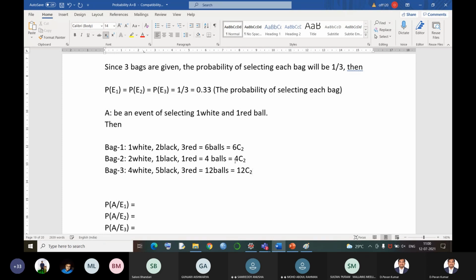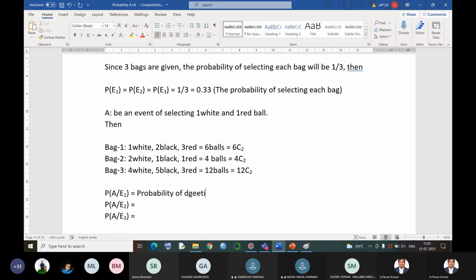12C2 ways. See, this problem is a small typical problem. It's not a big twisty problem. It's a simple thing that you can remember also. Now, these are the exhaustive cases of bag 1, bag 2, and bag 3. So these are the denominators of each and every bag. Now, we have to find the probability of getting one white and one red ball from bag 1. So, P of A by E1 is